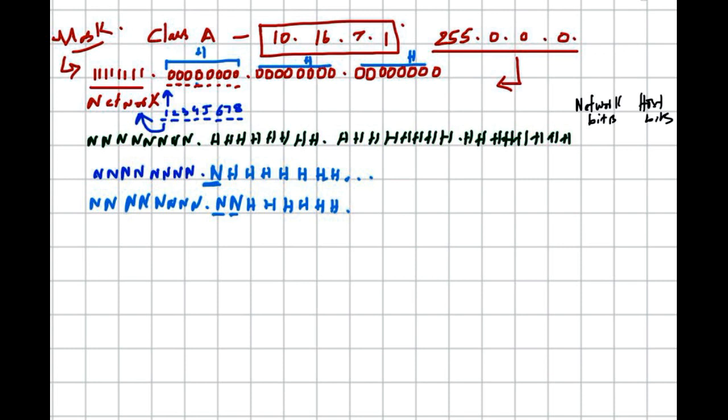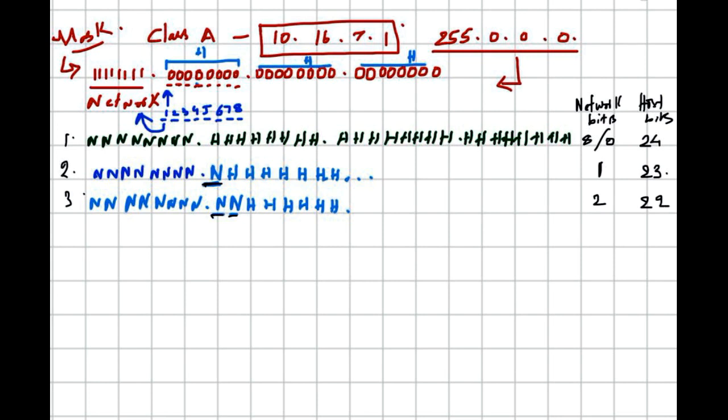Previously the network bits are default, that is 8, so there is nothing borrowed, so it is 0. We haven't borrowed anything, and the host bits are around 24 bits. Now after borrowing a single one, we have borrowed one network bit from the host portion, so there are only 23 host bits now. In the third one, we have borrowed 2 network bits and the number of host bits is now 22.